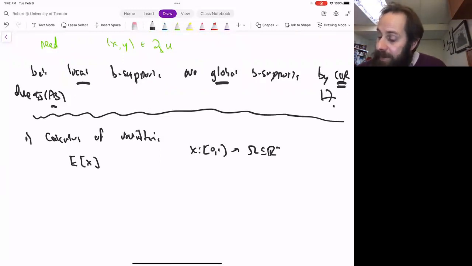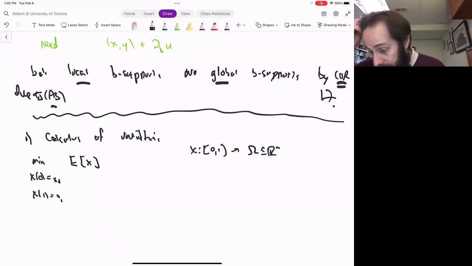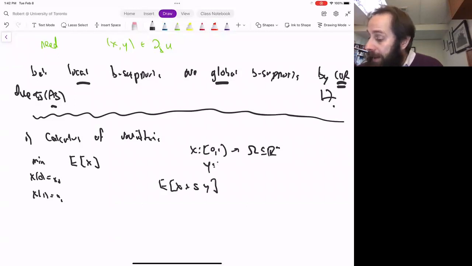And the basic idea is, if X minimizes on some class of curves of fixed endpoints, so min subject to X of 0 equals X naught and X of 1 equals X1 among smooth curves, then what that means is that if I look at perturbations of X with any Y, where I want Y0 and Y1 to both vanish,